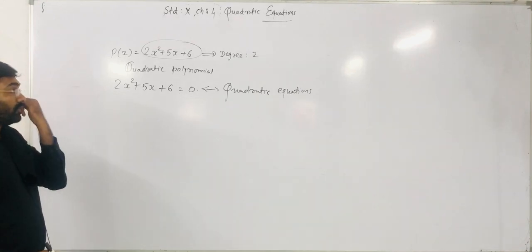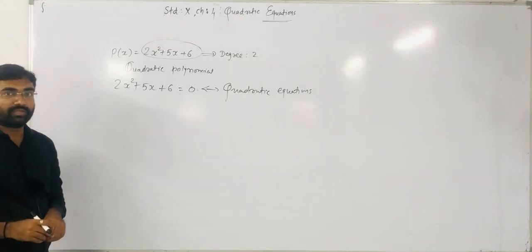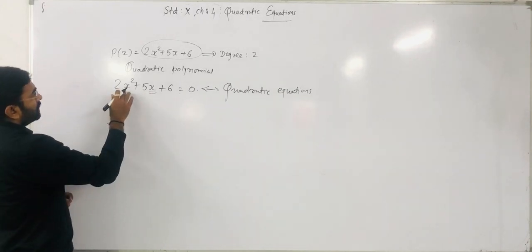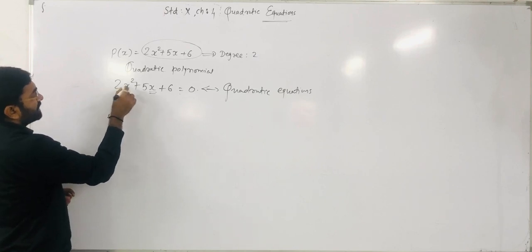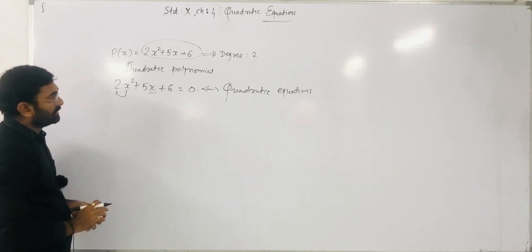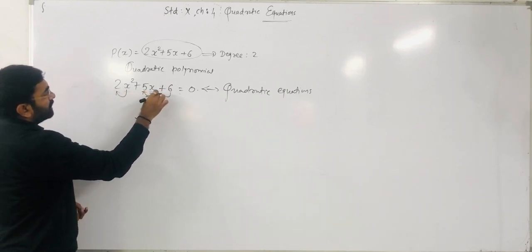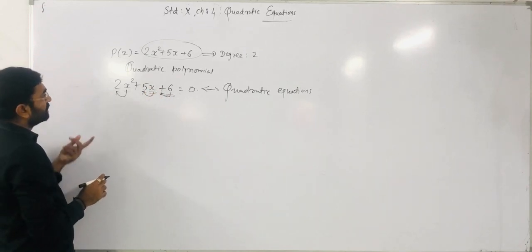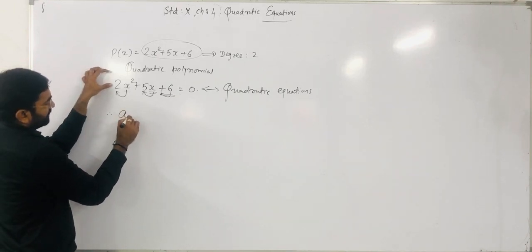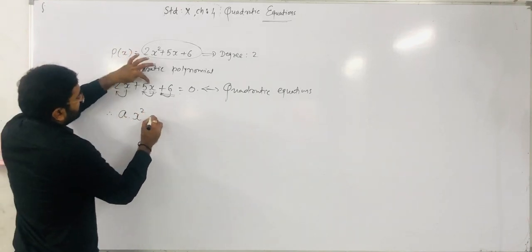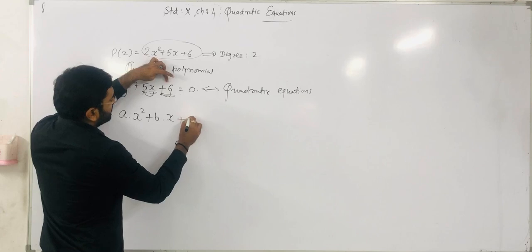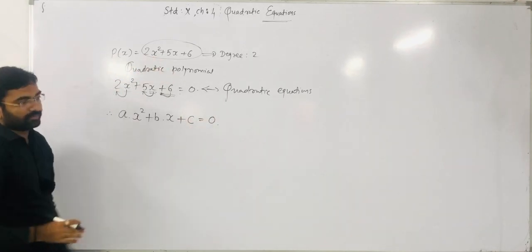Okay. Now, if you want to write it in a general form, what does general form mean? Here x square and x, x is a variable. Its coefficients are 2 and 5, and the constant term is 6. It may be any real number you can take, right? Suppose in general I want to represent it, so in place of 2 I take a, into x square, plus the coefficient of x I take as b, and the last term is c, is equal to 0, right?